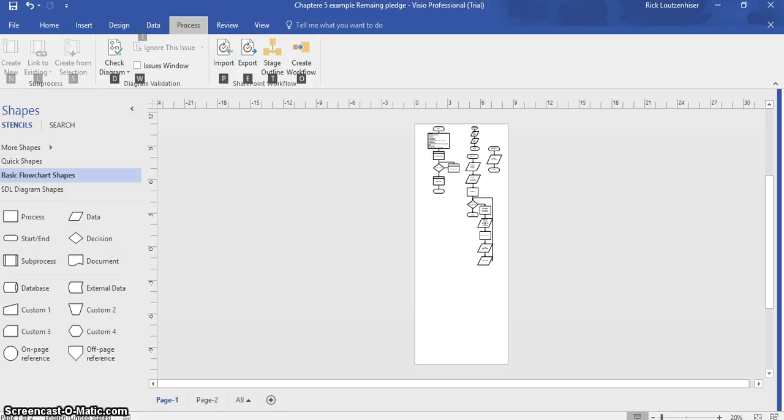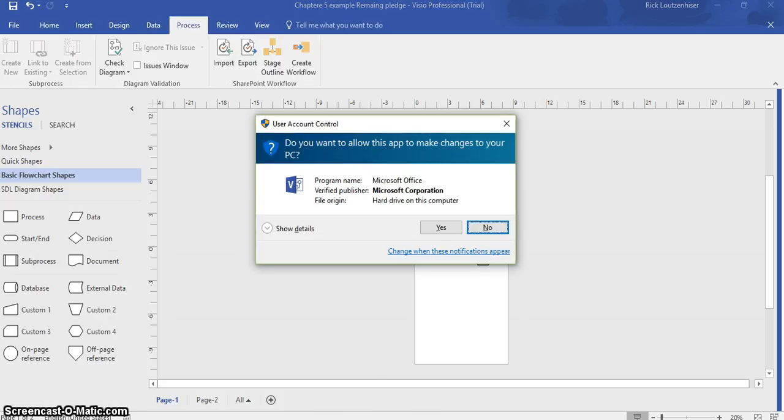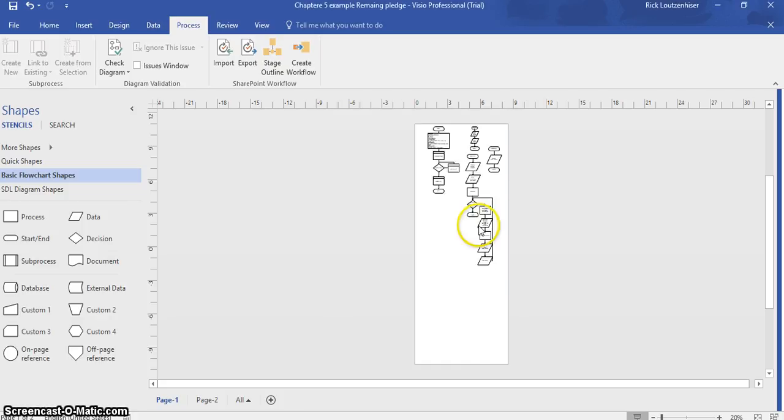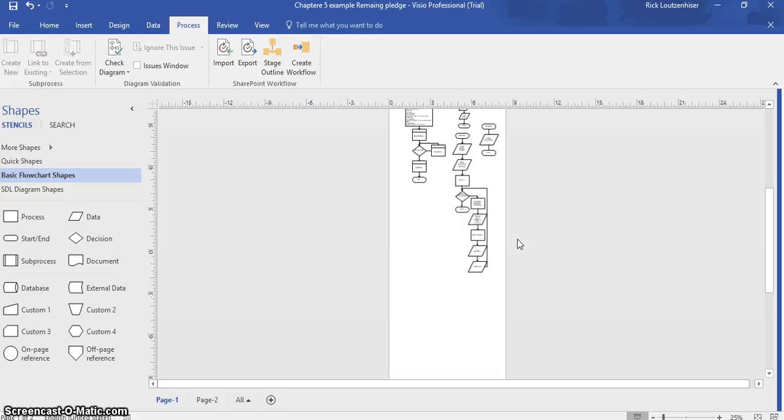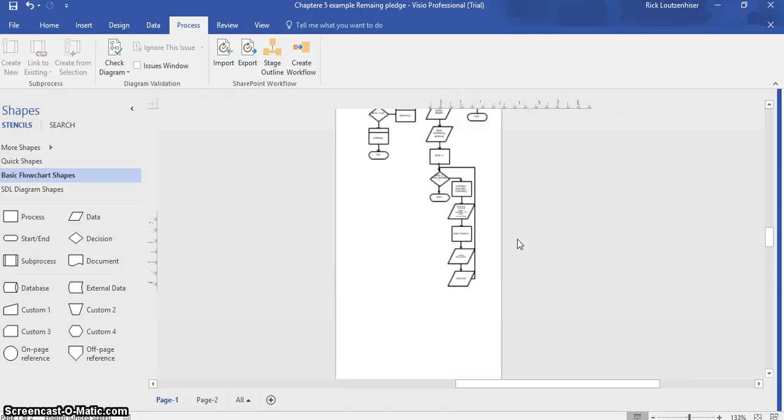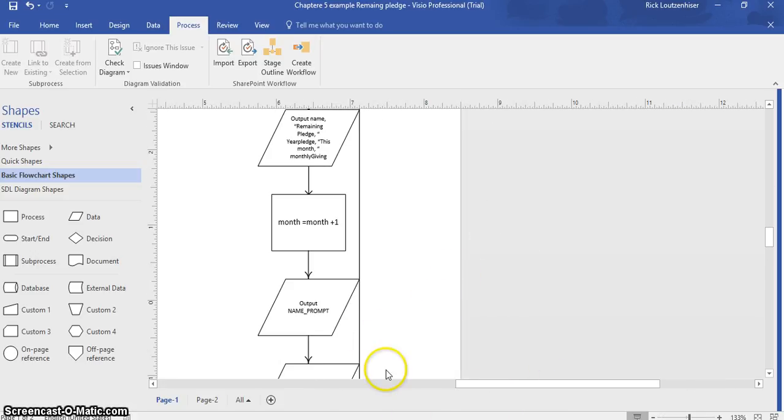And I thought I would make up a problem that might be helpful to you as you approach your homework for Chapter 5. And let me blow this thing up a little bit so we can take a look at it. Oh, we're getting there. There we go. What I did was I picked an example of